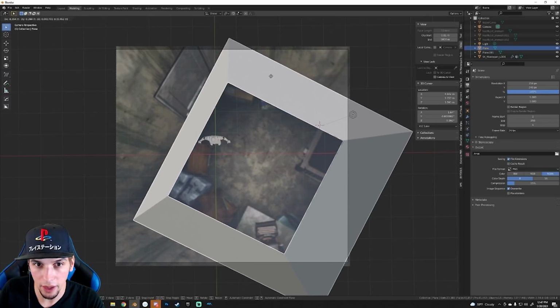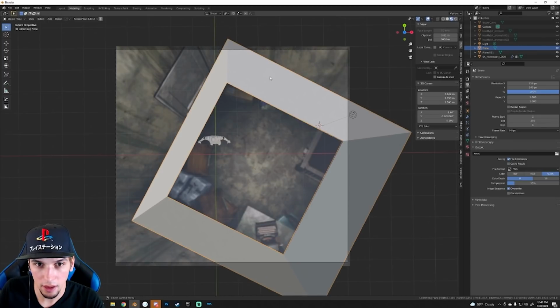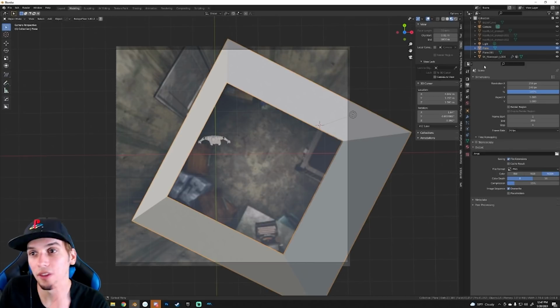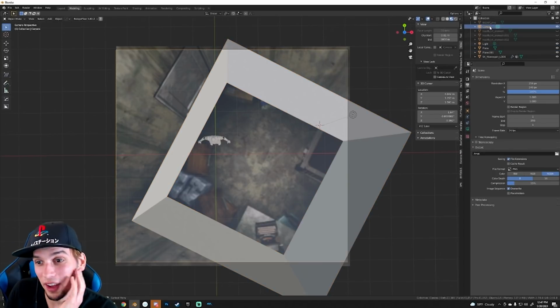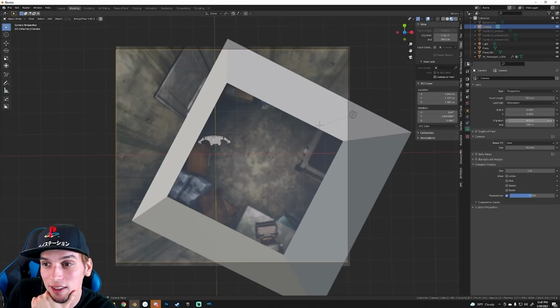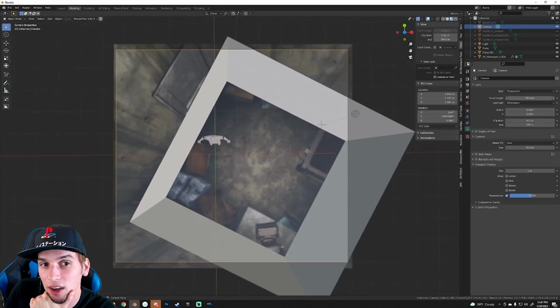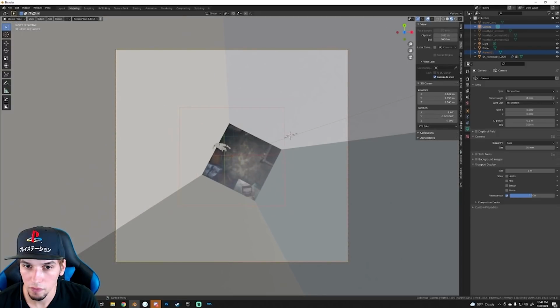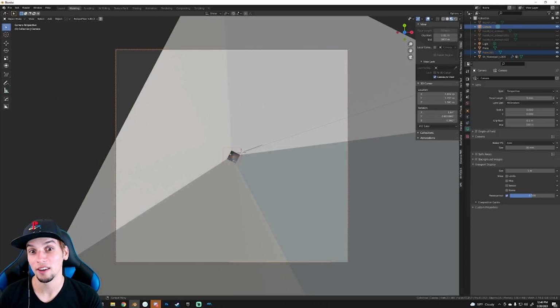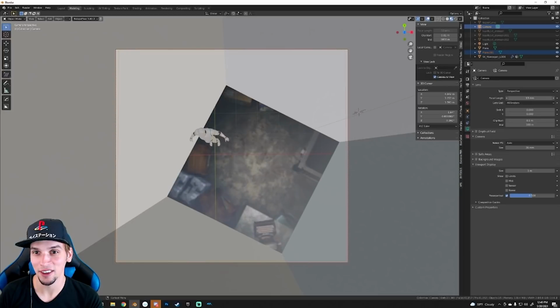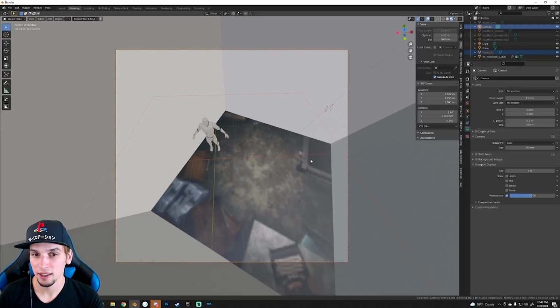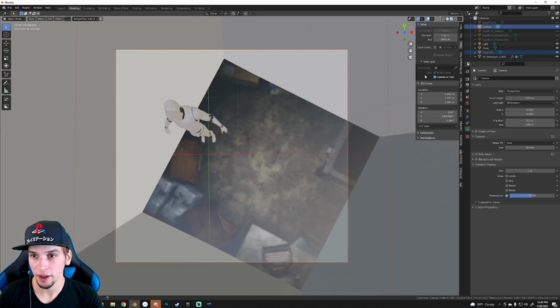lens needs to match because see how the walls totally are not the same? It's because of focal length. And this is where you have to kind of know stuff about cameras. I can't really explain it very easily, but whoa, look how long the walls are now. This is crazy. Okay,